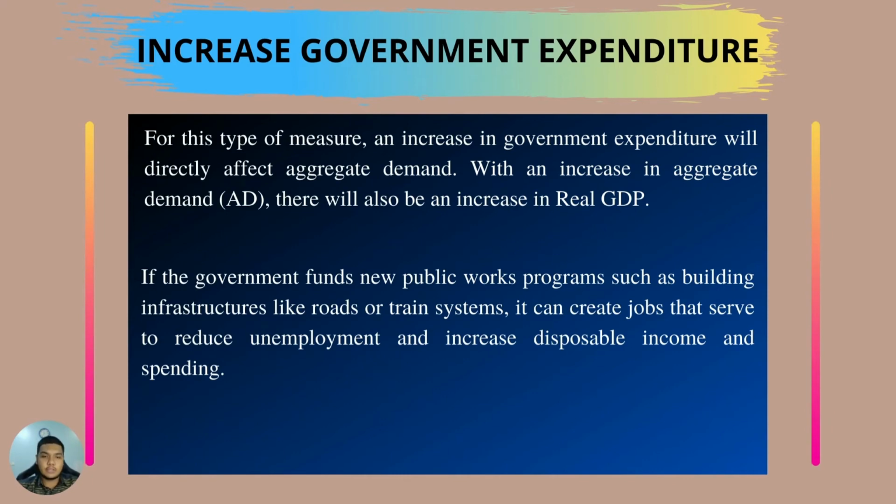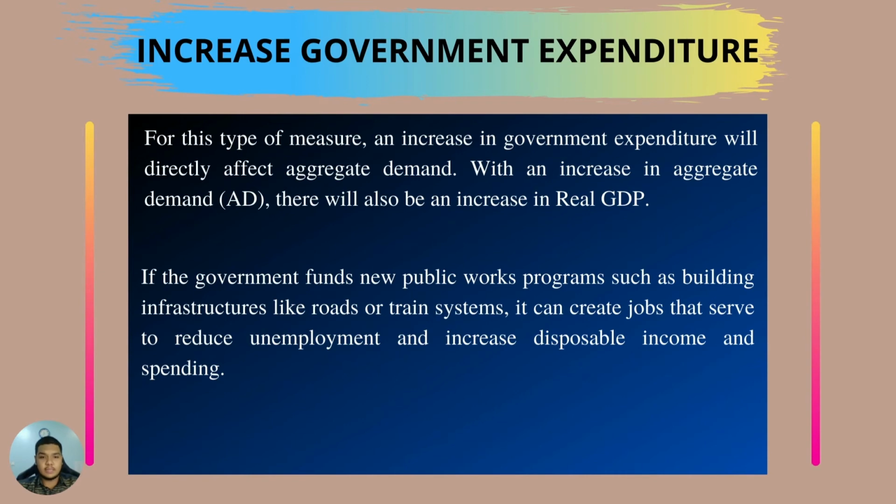For this type of measure, an increase in government expenditure will directly affect aggregate demand. With an increase in aggregate demand, there will also be an increase in real GDP. If firms produce more, there will be an increase in demand for workers and therefore lower unemployment. Also, with higher aggregate demand and strong economic growth, fewer firms will go bankrupt, meaning fewer job losses and thus